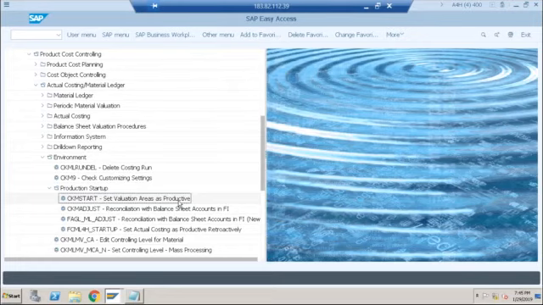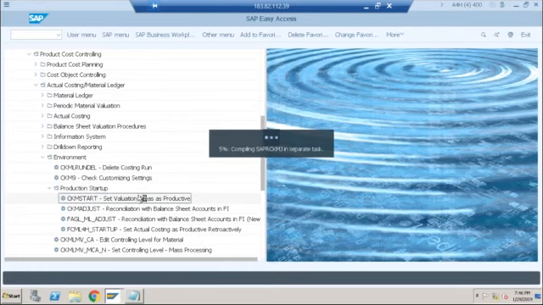What about the old data of the initial 5 years? Where exactly will that go? Because inventory valuation tables are not available in S/4HANA. So you also have to transfer the older data to the new tables, and that is called setting valuation areas as productive. What this transaction will do is move the data from your old tables to new tables.